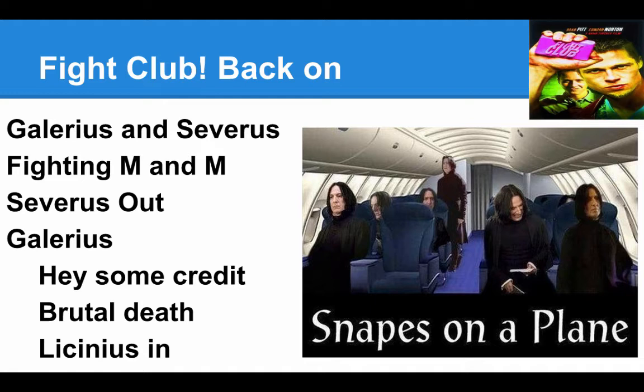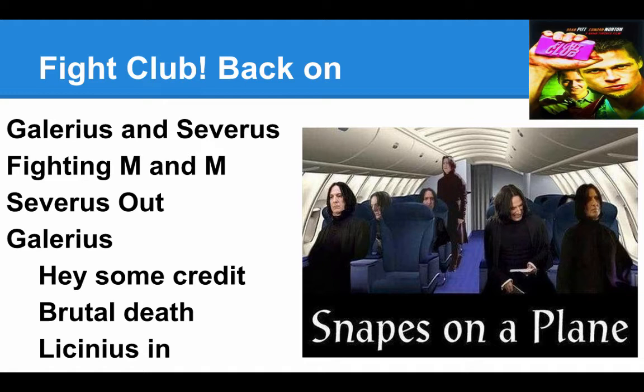Galerius is also going to stop Diocletian's persecutions. He is also going to be able to defeat the Sassanids so they can't expand. But eventually he dies from, according to descriptions, either cancer or gangrene, and it's just pretty terrible. And that's at that point that Licinius, the brother of Maxentius, takes power.